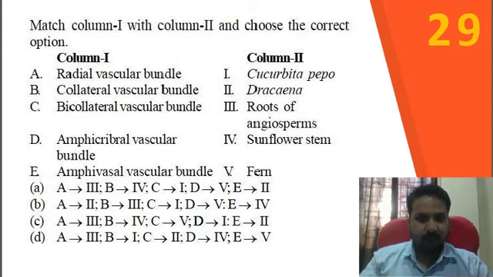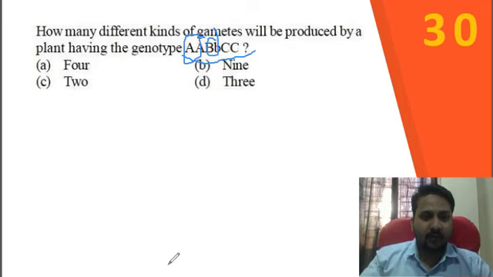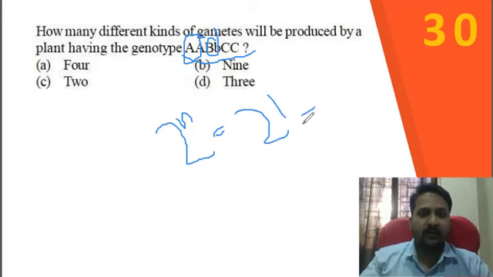Okay. For today we will be doing one more question. Very interesting one, this one. Remember, this is a very simple question. You can see here how many gametes will be produced by the plant having the genotype like this one. You can see it is a trihybrid. But the heterozygosity will be found only in the B. When you have to find the gametes, the formula was 2 to the power n, where n is the number of heterozygous pairs, that is 2 to the power 1. So ultimately you will get the answer as 2.